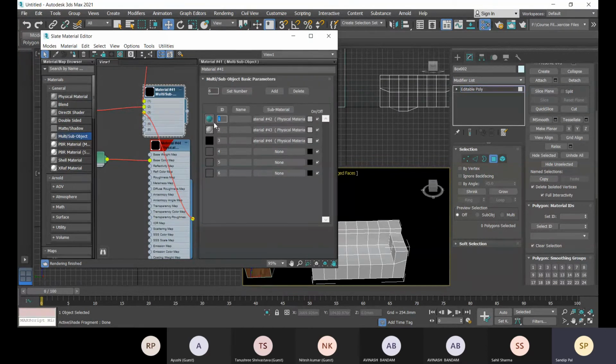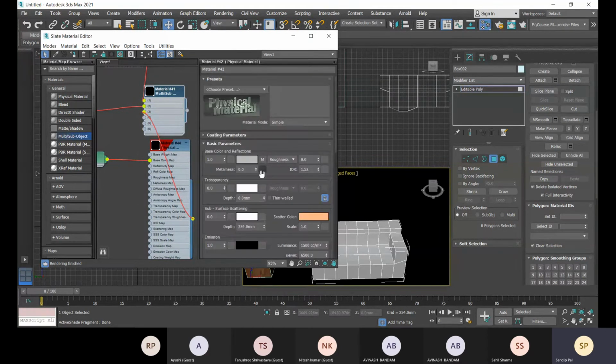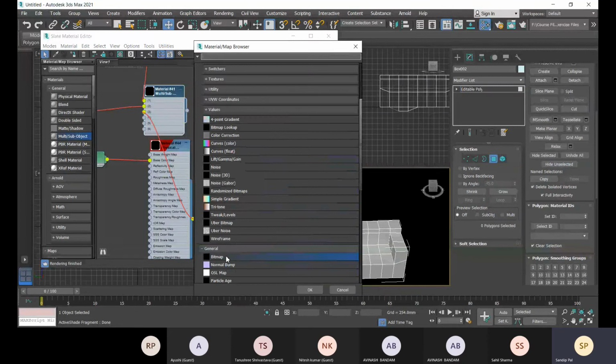So this is the material, this is the ID, and if you change the material, there is nothing to change. And change it to roughness only if there is one to change with the bitmap.